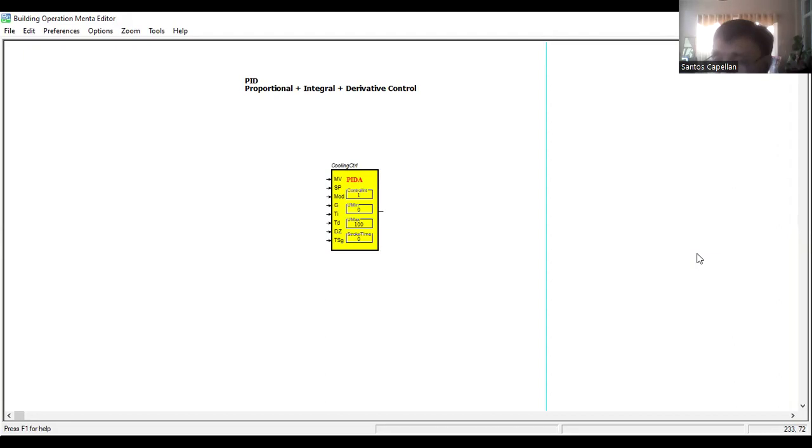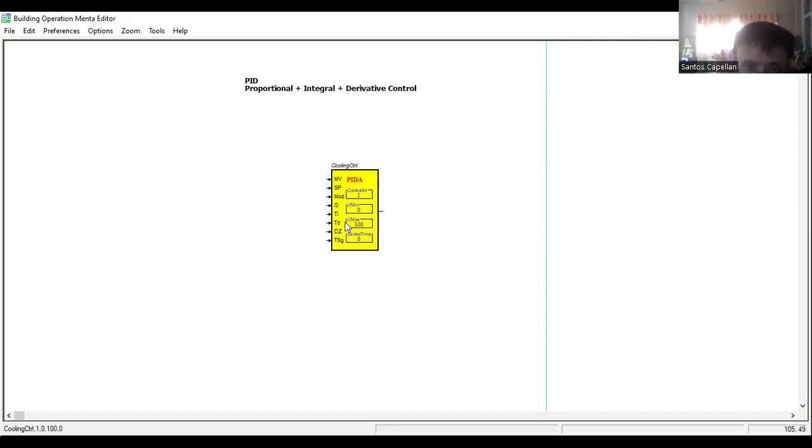Now, if you have the derivative part of it, then it will be added to the proportional plus integral plus derivative. Since this one is simple temperature control, we can use PI, proportional plus integral. I will show it to you later.